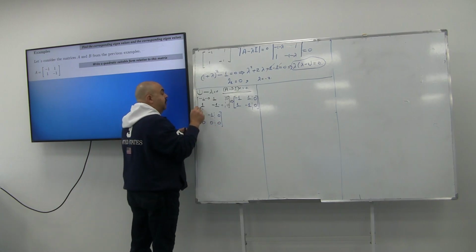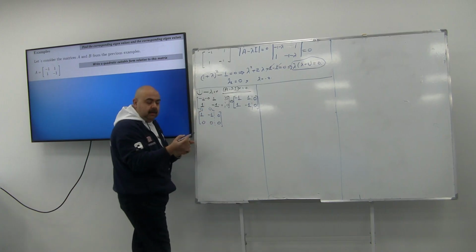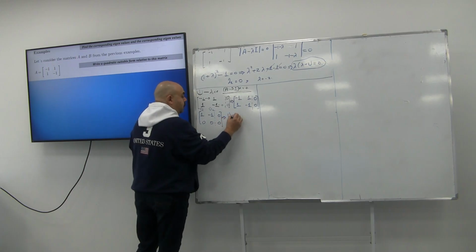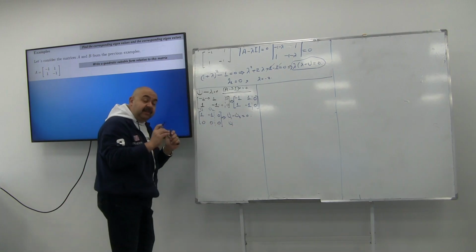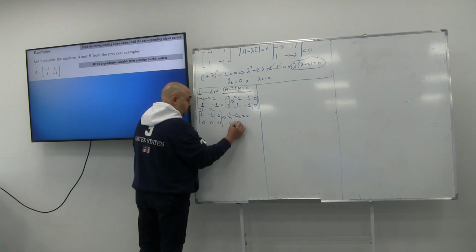Now you have u1 first component, u1 second component, or x and y. And this will result in u11 minus u12 equals 0, which means the first eigenvector with first component equal to first eigenvector